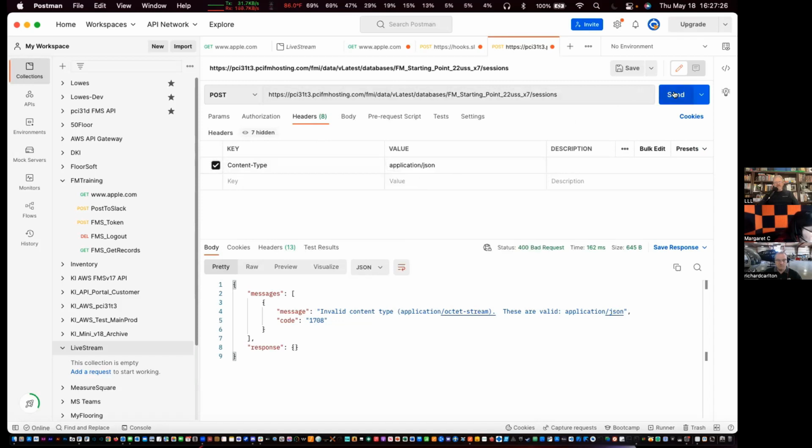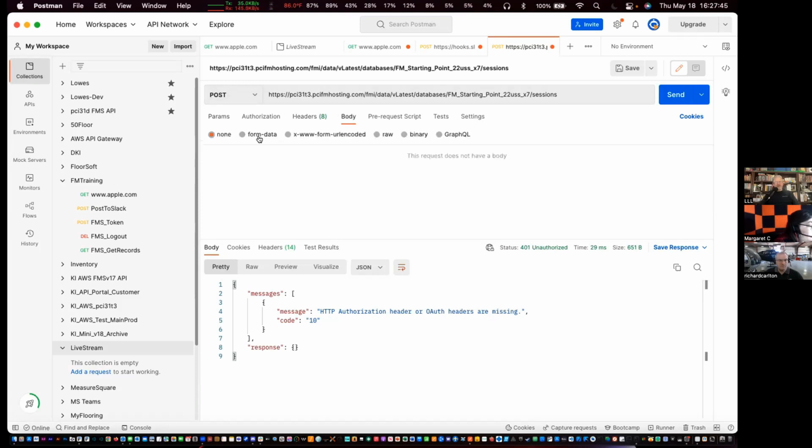So now if we hit send, what do we get? We get, again, a successful message back from FileMaker, but now a different error code, 10. And this one's kind of vague, but I'll tell you what it is. We're missing the empty object for the body. We're sending a POST with no body. So if we change none to raw and put in our minimum required open curly brace, close curly brace, and